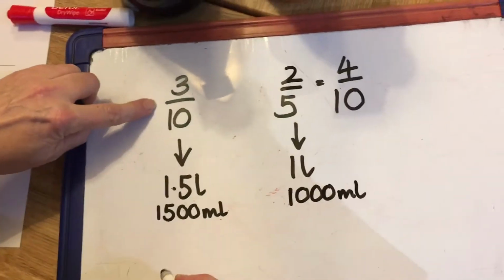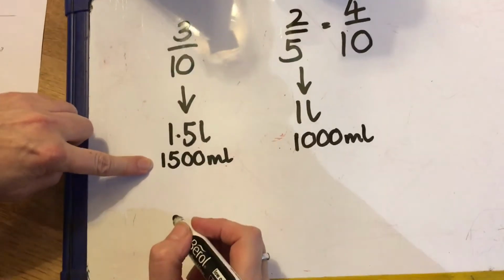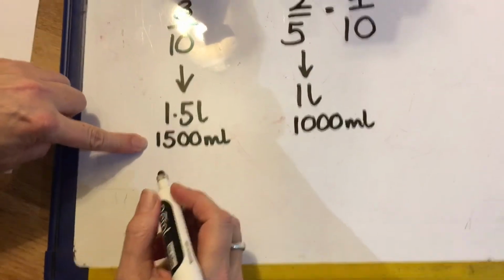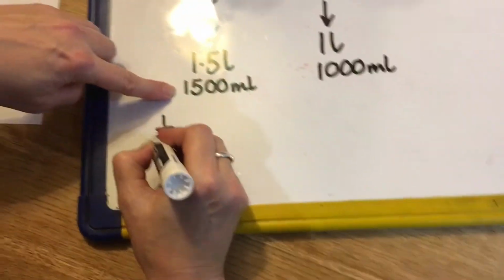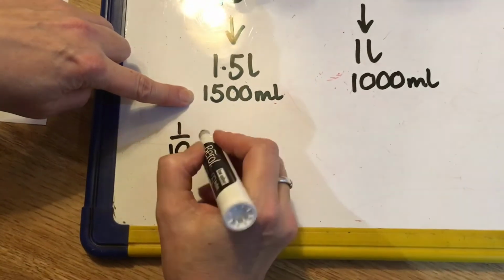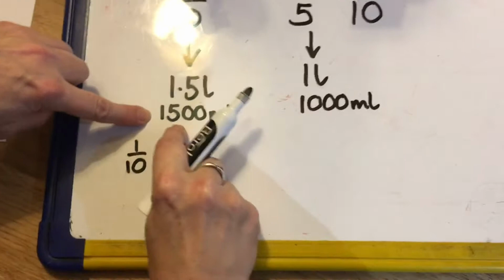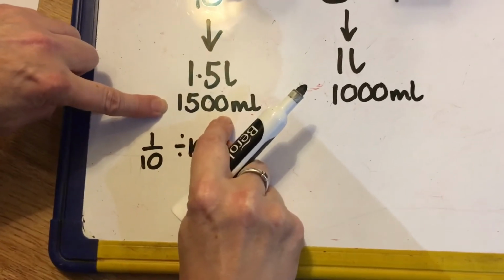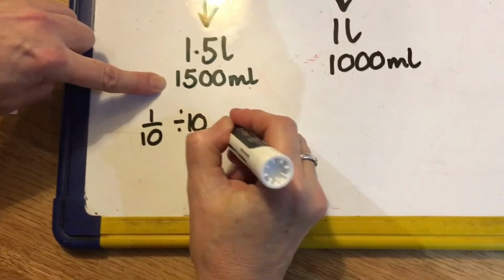So I've got to find 3/10 of 1,500 millilitres. Well, I'm going to start by finding 1/10. So 1/10 is the same as dividing by 10. And you probably can do that in your head. 1/10 of 1,500 is